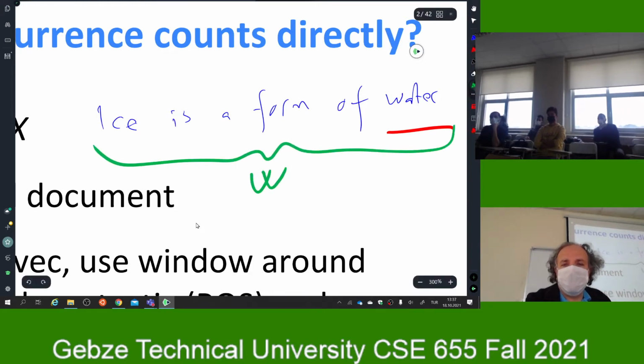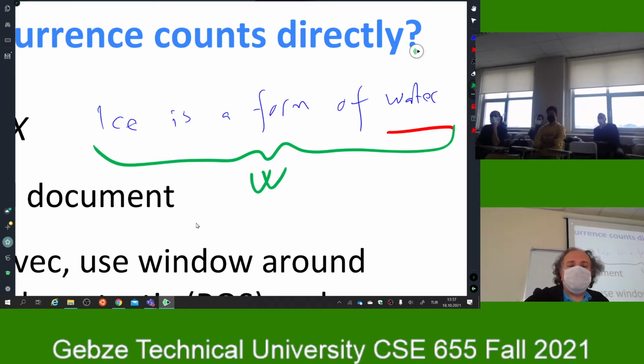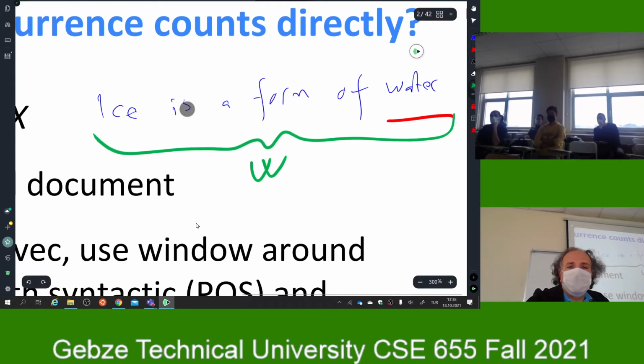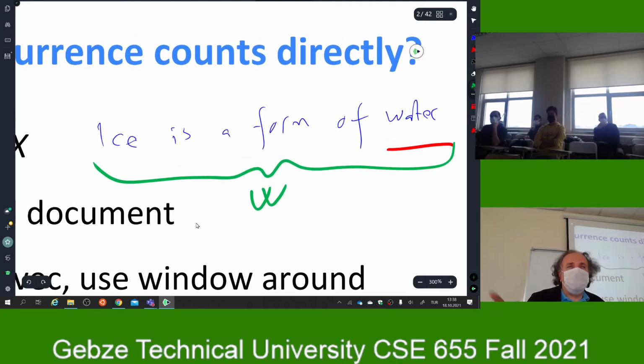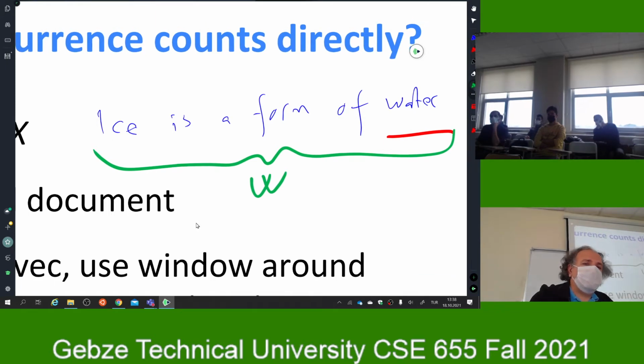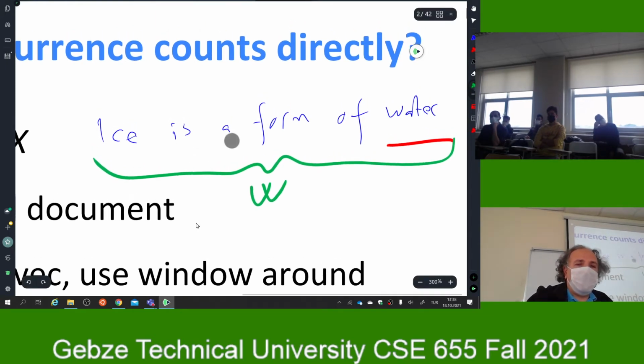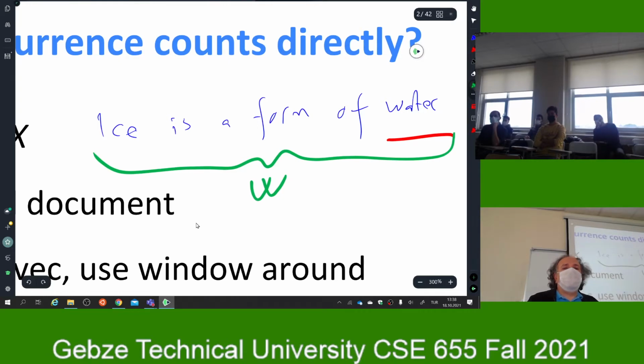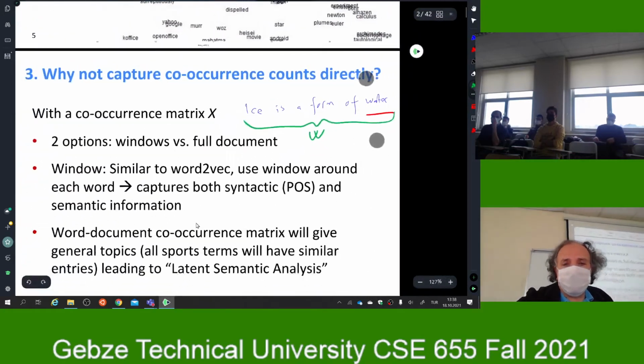This is my window W. The width of my window is 1, 2, 3, 4, 5. Okay, window of 5. I am looking at the window of 5 previous words, and I see that water is seen with the word ice. Also, it is seen with the words is, a, form, of. All of these words occur together in this sentence. And if I keep the statistics